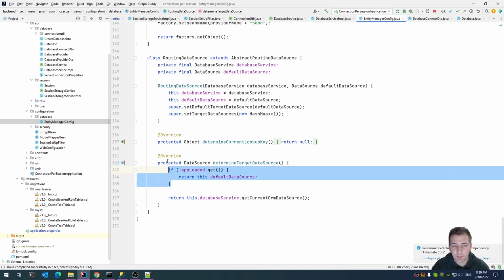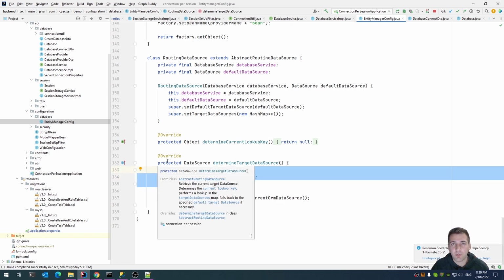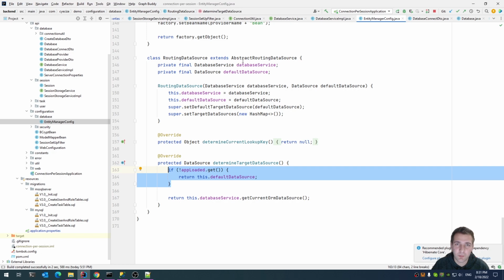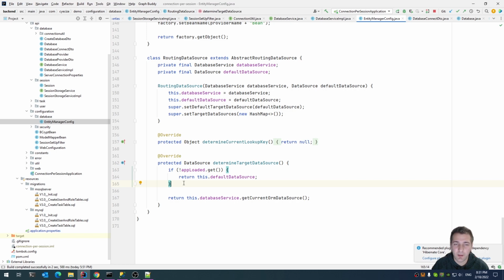That's needed because otherwise Spring will not start, because during the startup of the application, Spring Data is really reliant on, it's not really designed in a way that it expects you to not specify database credentials. That's why I decided to create this workaround, basically giving it the H2 database while it's loading, just to have something there. And then if the app is not loading, we use the database service, get current ORM data source,